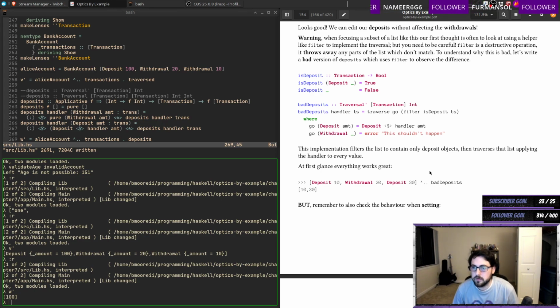Warning, when focusing a subset of a list like this, our first thought is often to look at using a helper like filter to implement the traversal. But you need to be careful. Filter is a destructive operation. It throws away any parts of the list which don't match. To understand why this is bad, let's write a bad version of deposits, which uses filter and observes